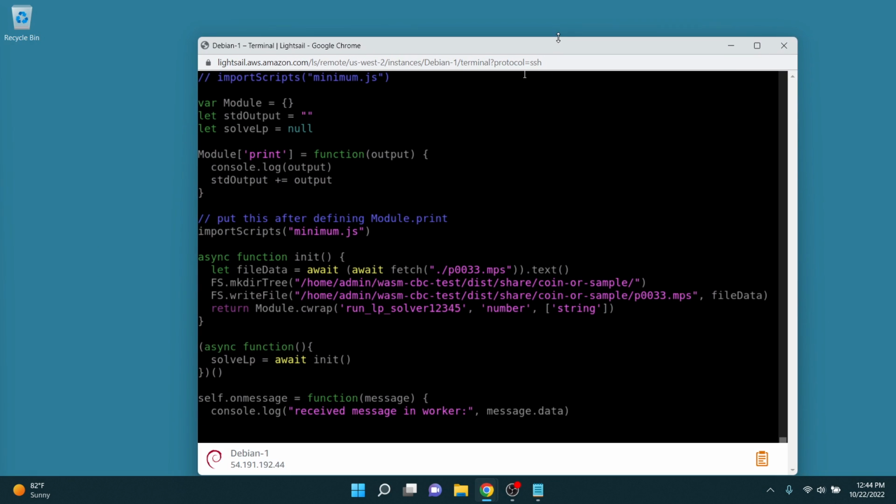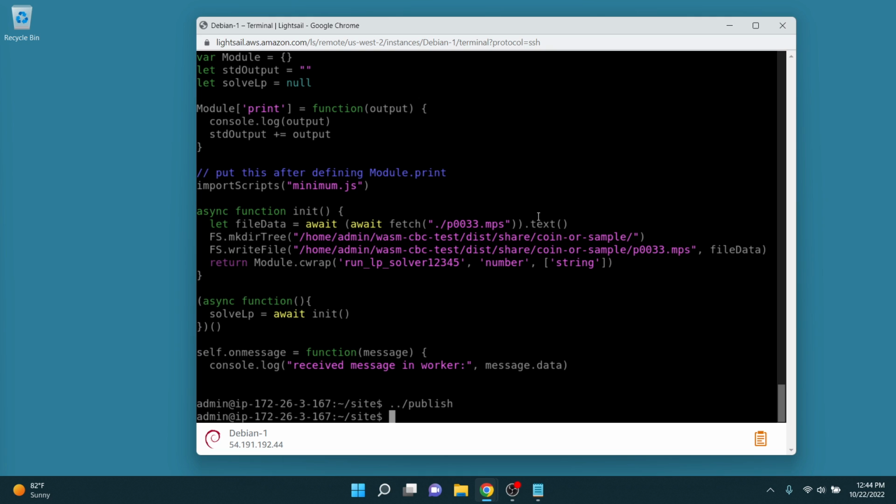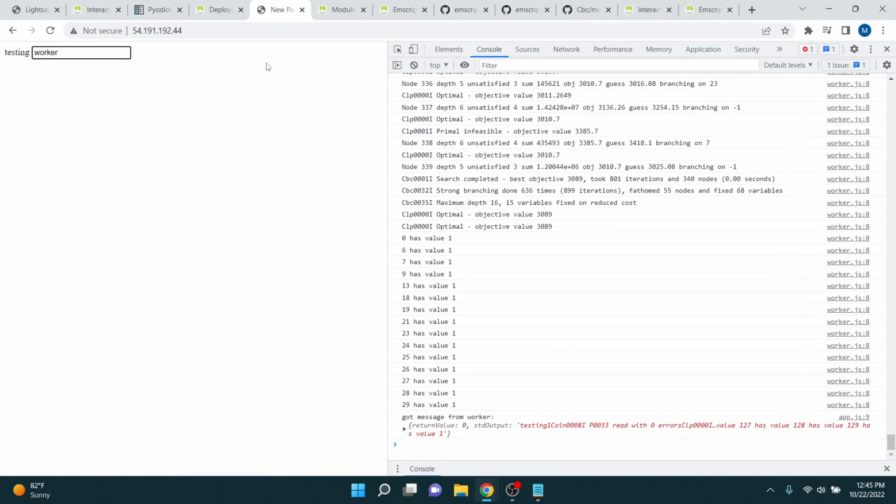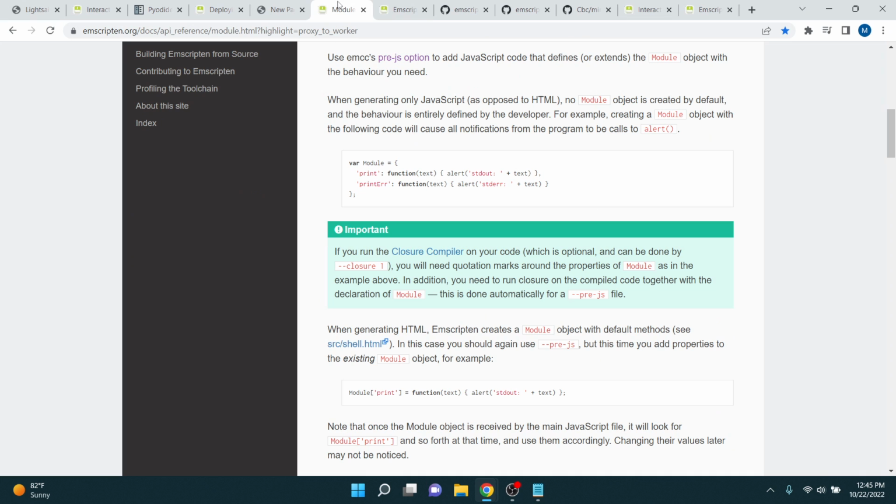So I have reading from standard output. I have having it run in a web worker, the basic minimum example. So cool. I'm gonna stop the stream, take a short break, and restart on the next thing, which is